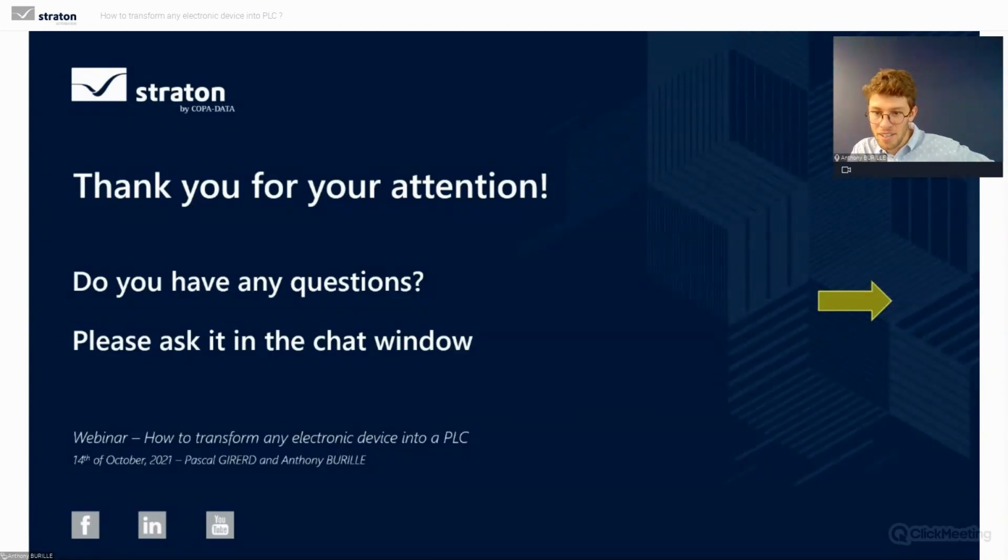So I can see, can I use CAA libraries from Codesys in Straton? CAA libraries, I'm not sure exactly what it is, but as we have specific blocks with Straton, Codesys also has specific blocks, and not everything is compatible. So if these are specific blocks from Codesys, I will say these are not supported, unfortunately.